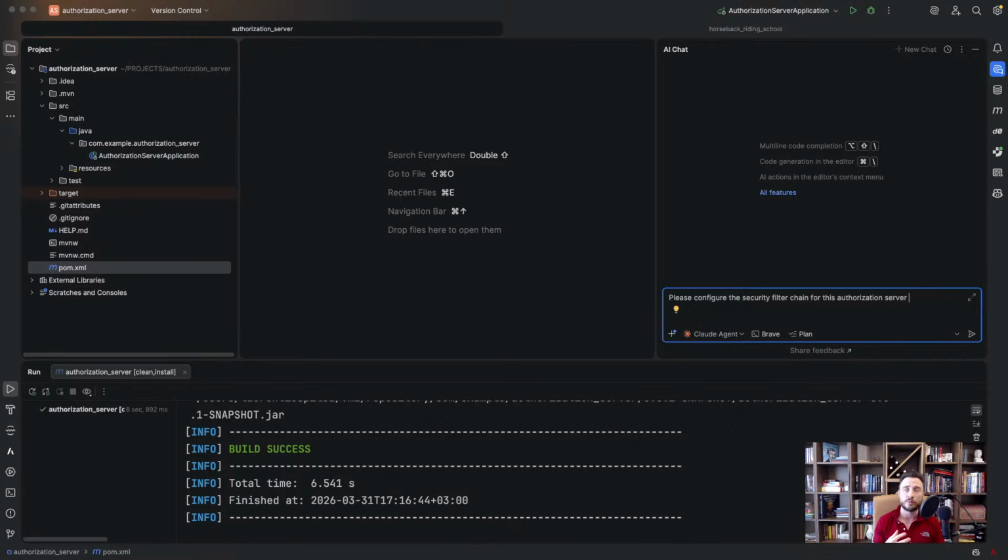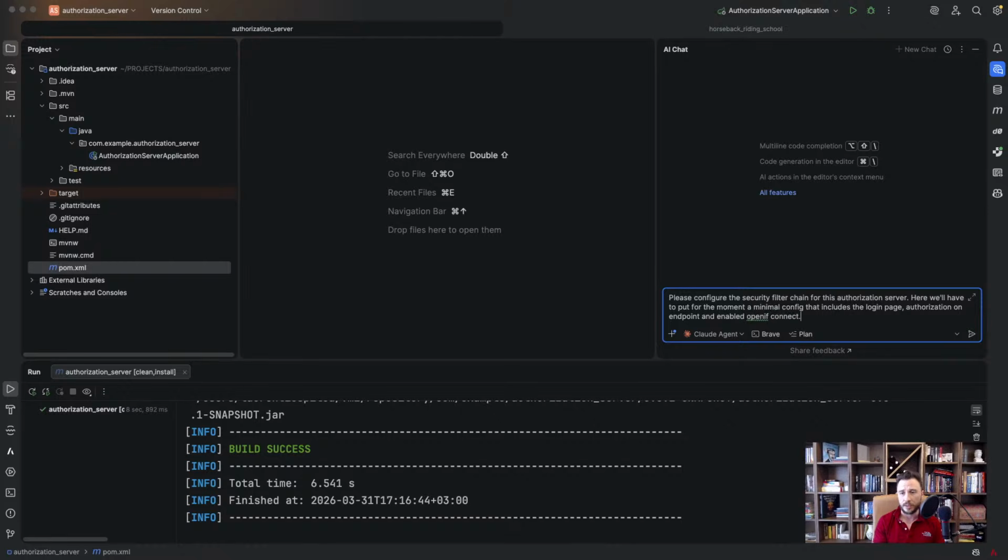Here is where we will have to put everything we need in terms of the login page redirection, authentication on all the endpoints, and enabling OpenID Connect. So here we'll have to put, for the moment, a minimal configuration that includes the login page, authorization on endpoints, and enabling OpenID